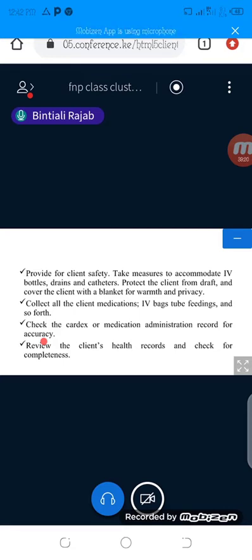The Kardex is the chart that you record everything about the client. Everything about the clients that you as the nurse have done is recorded on the Kardex. So make sure as you are releasing the patient from your ward to another ward, that you have documented on the Kardex. And if you are the nurse who is receiving this patient from another ward, you check the Kardex that has been